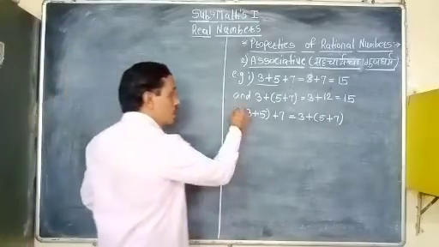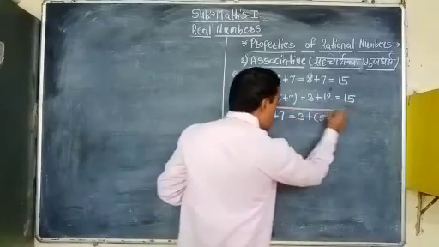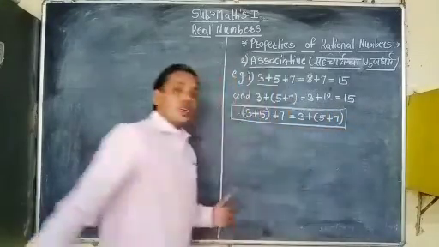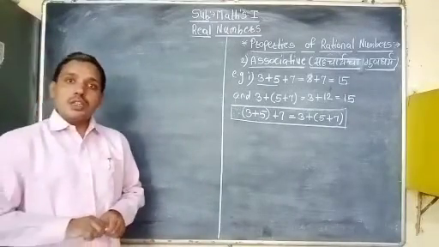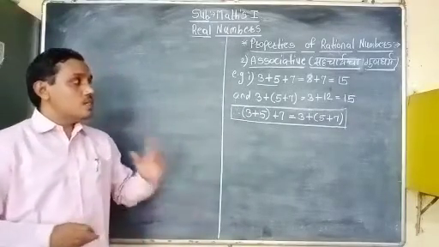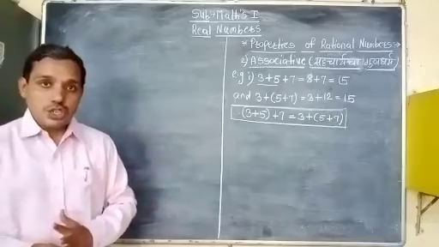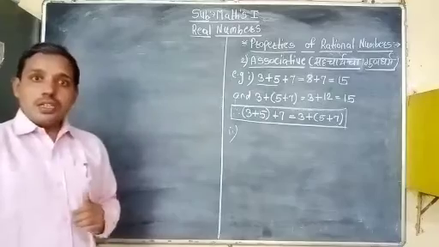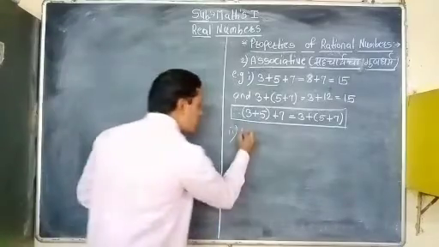That means if we interchange the position of any one number in the addition of 3 rational numbers, then we see that the answer never changes. We also have a second example. So what is the second example?